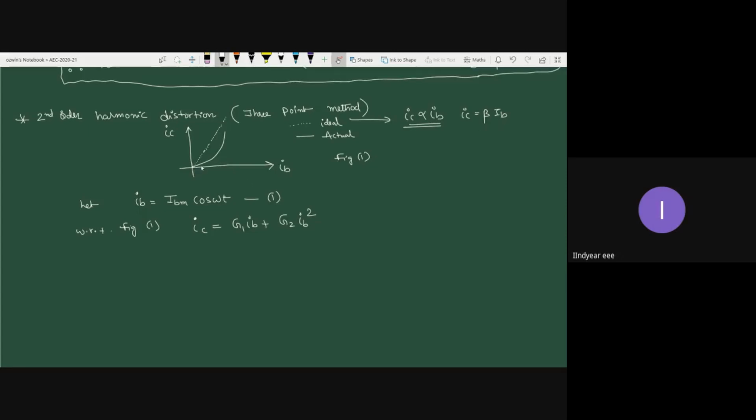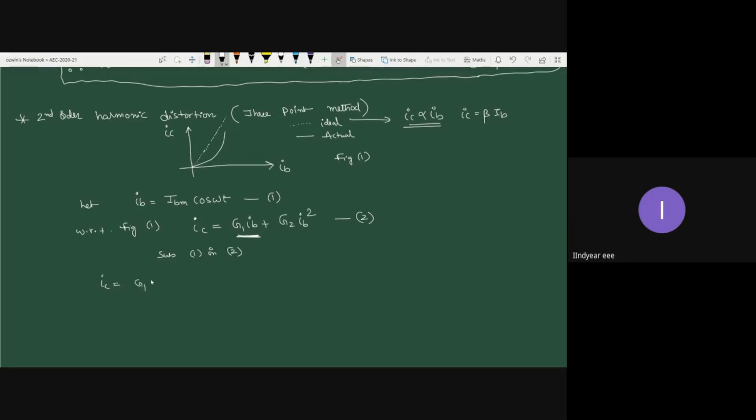That means in this non-linear shape, there is some linear portion. That linear portion is addressed by G1 into IB, and the non-linear portion is addressed by the second term G2 into IB square. We'll take this as equation 2. Now let us substitute the base current in equation 2. So when you substitute equation 1 in equation 2, you would get